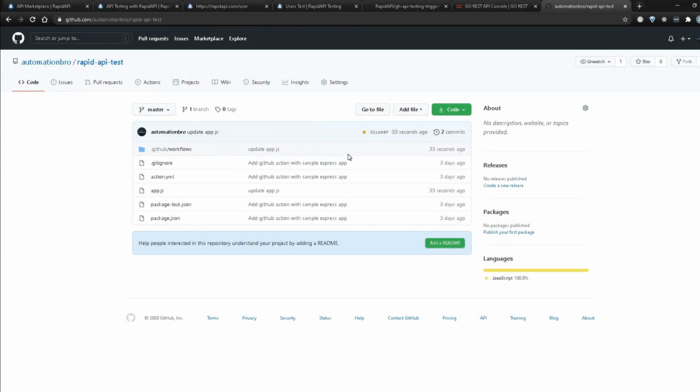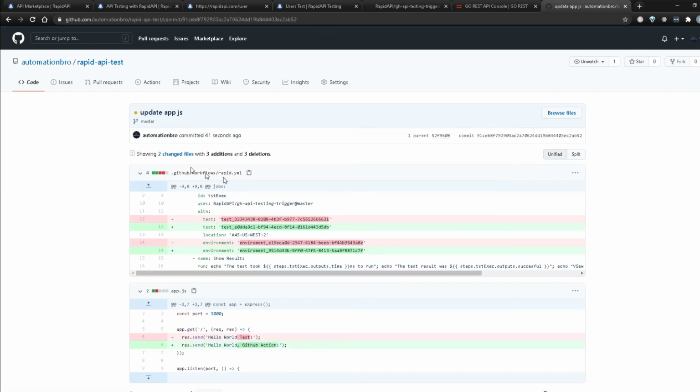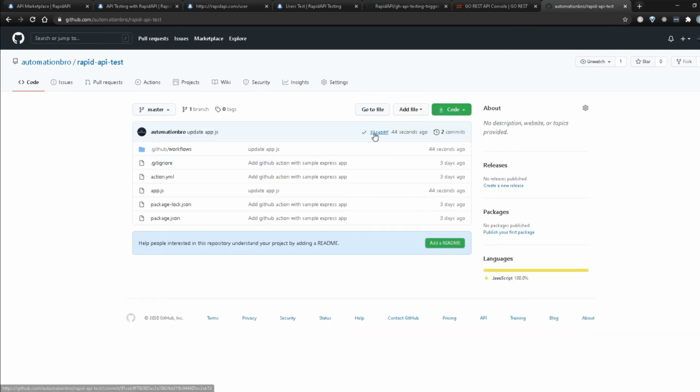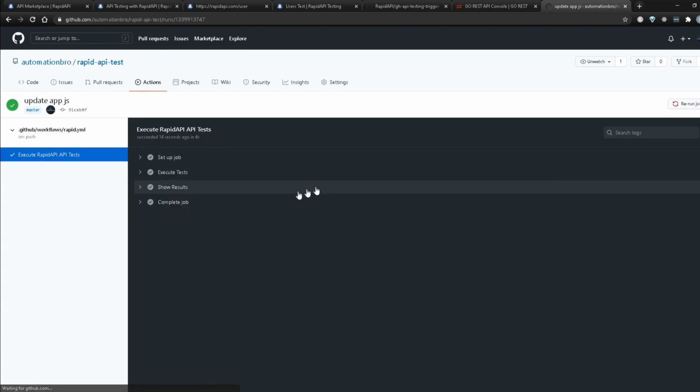Okay, so I'm back in my repository over here. And if you notice, it's actually triggering a new build, which just did it 33 seconds ago. Now, if I click on that, it will tell me obviously the changes I made, and I don't care about that right now. I will simply click on this arrow button here, and it says all checks have passed and our GitHub action actually passed. So I'm going to go to details, and then in the details, we can see what happened.